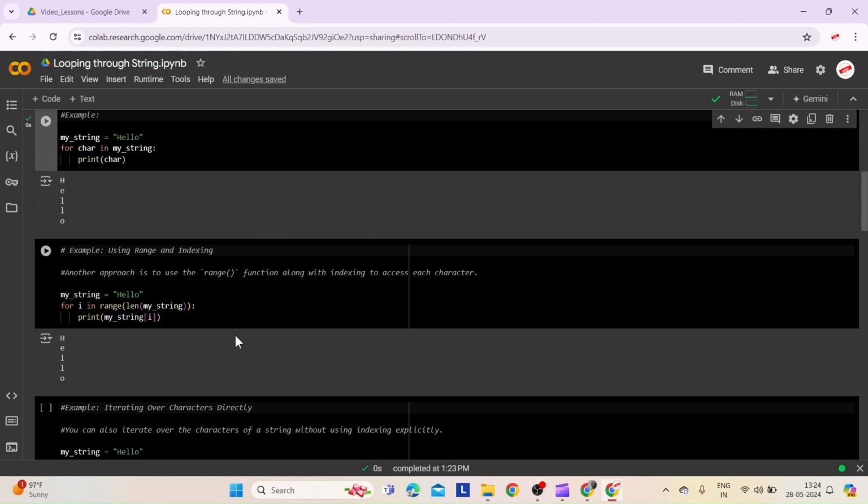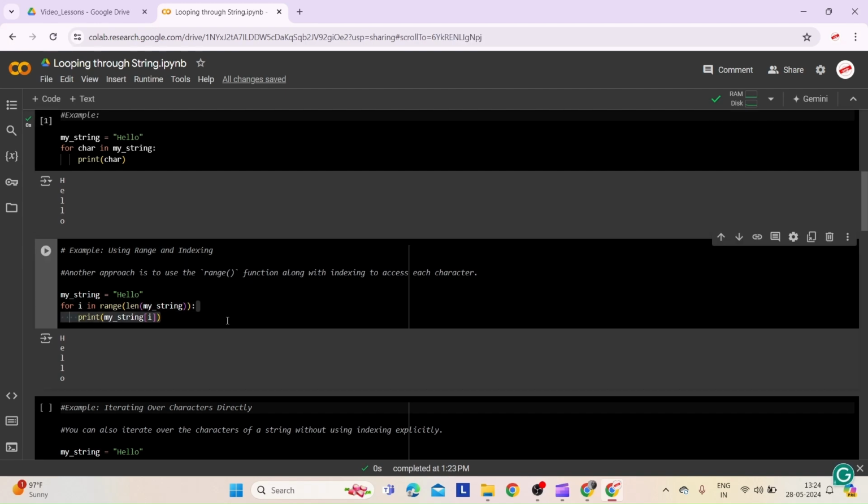In the second example, we demonstrate an alternative approach to iterating through a string using the range function and indexing. Instead of directly iterating over the characters of the string, we generate a sequence of indices corresponding to each iteration's position in the string using range(len(myString)). Then, in each iteration, we access the current character at the current index i using indexing, myString[i], and